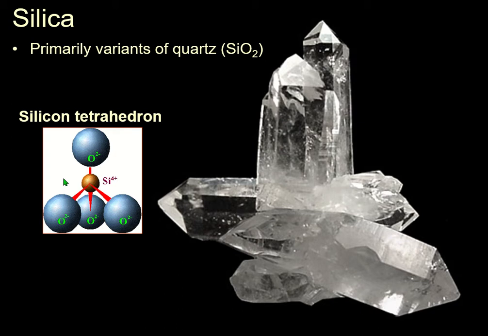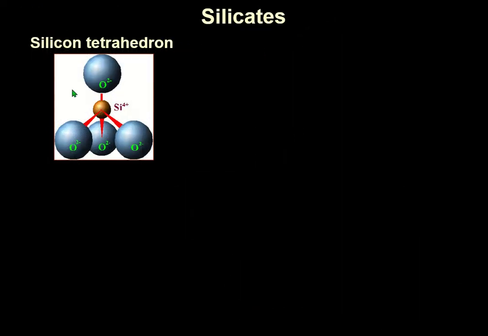This is one of the building blocks, or the building blocks of quartz, because that's all you get in it, is the silicon tetrahedron. Here's the silica, and it's theoretically shown with the 4 oxygens around it. So it goes to SiO2 rather than SiO4 because you put them all together and it makes less oxygens. So that's what this is made of, but your silicates include the silicon tetrahedron and usually other things as well.